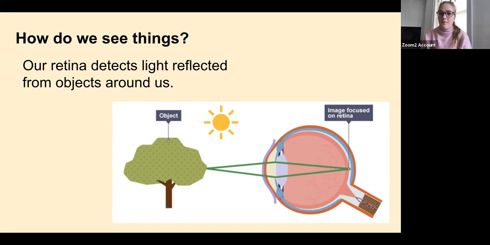So the key point to remember here is that everything that we see is reflected light. So if we're in a dark room that has a bunch of different colorful objects, we're not going to be able to see,